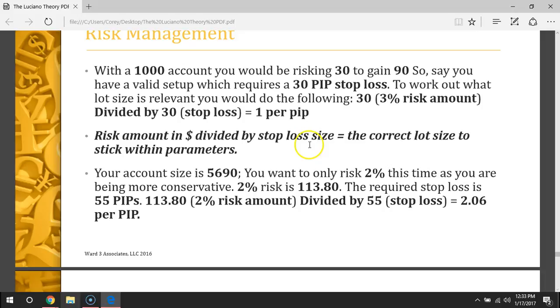Now what that means is you're going to use 0.05. You have to move the decimal place one spot to the left. As far as the 0.05, that's your lot size. So basically, you can place a 0.05 lot size with a 30 pip stop loss, and that's going to risk 3% of your account. So what that looks like on the chart,